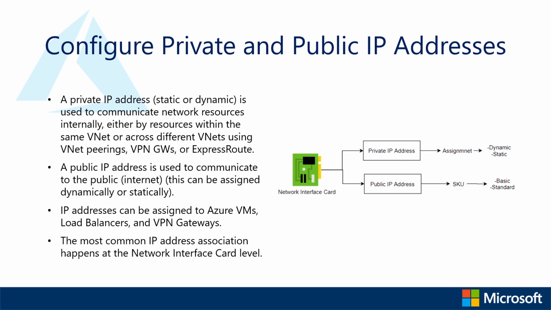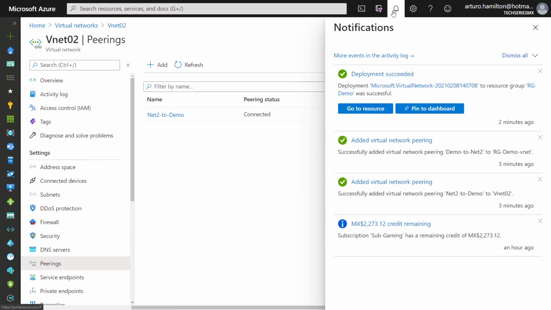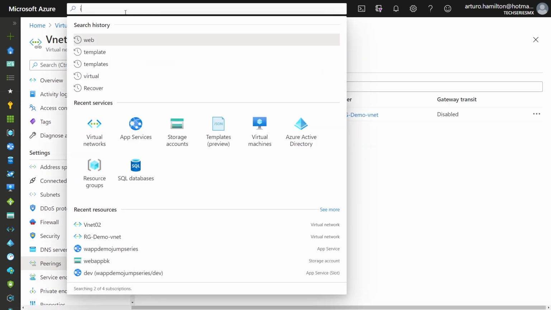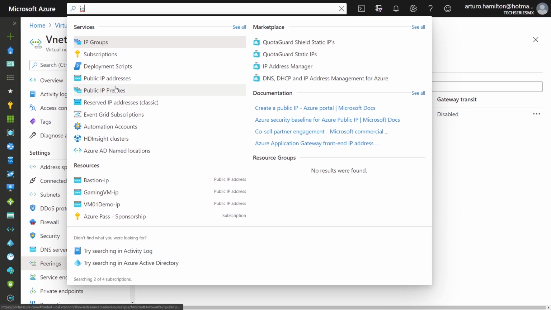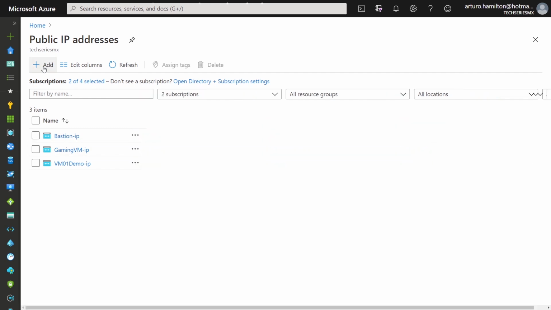In the creation of an IP, folks, it is not mandatory to add an object. I think Bastion is ready. There. We'll come back later to see this Bastion working. But I can go here, say IPs. You can see here public IPs, and I also have the option of private IPs. I'm going to go for public. I'm going to click on add,